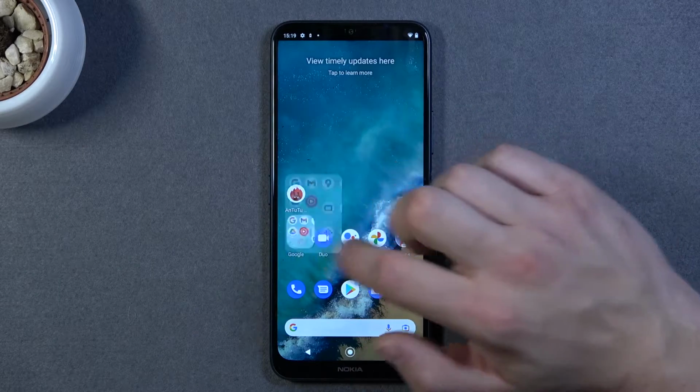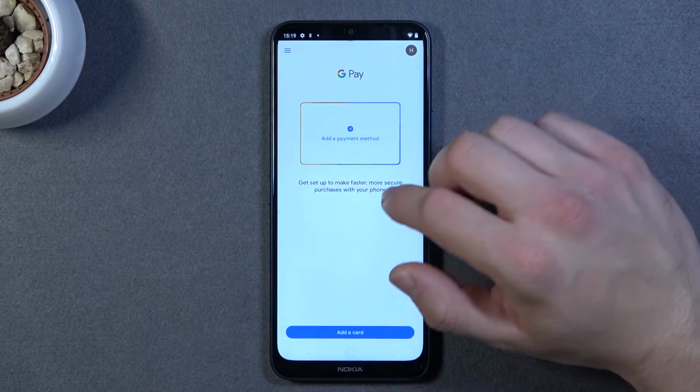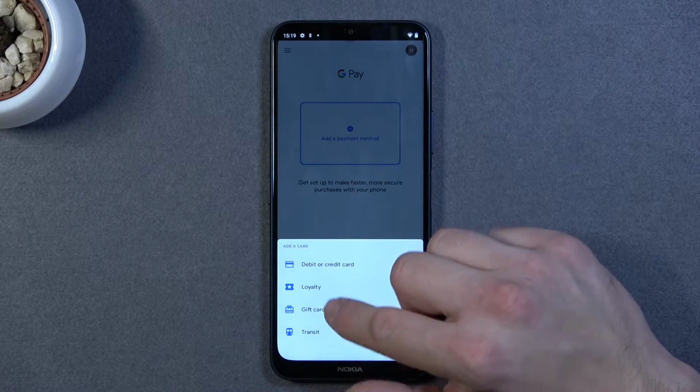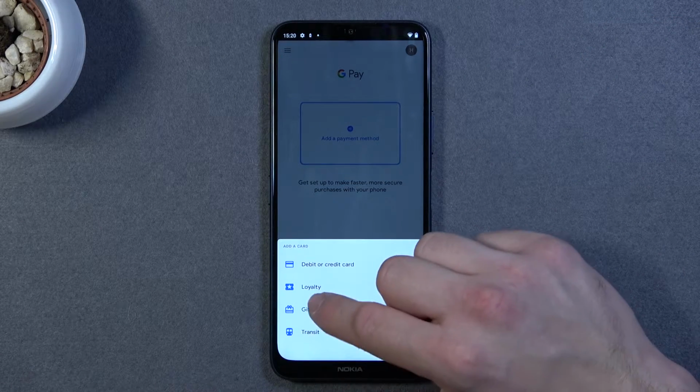At the beginning, let's open Google Pay app and tap on blue button at the bottom of the screen. Now focus on Loyalty, Gift Card and Transit. Tap on Loyalty